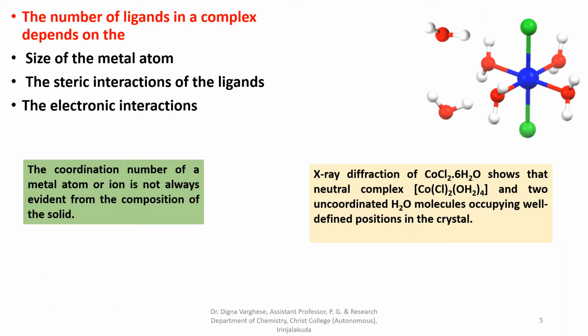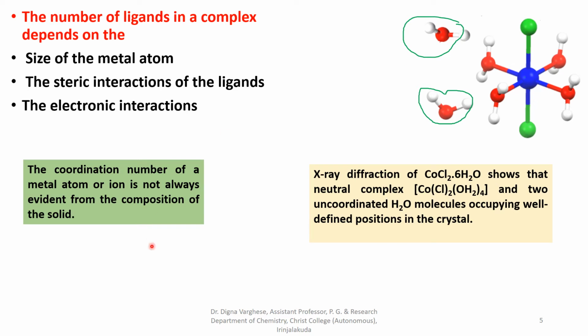Here you can see the two water molecules which are present on the lattice side. That means they merely act as solvent molecules, lattice water molecules, and those species are potentially ligands but are not directly attached to the cobalt atom. So these molecules fill spaces within the structure and do not have any direct bonds with the metal atom.